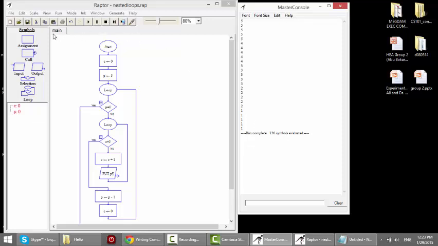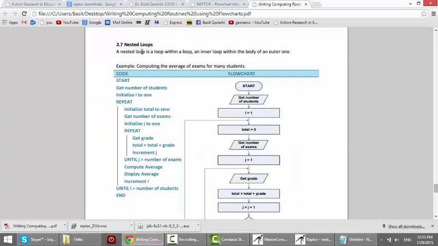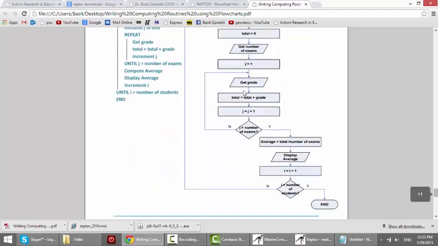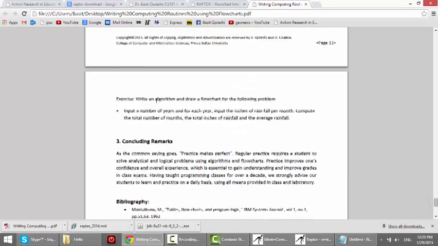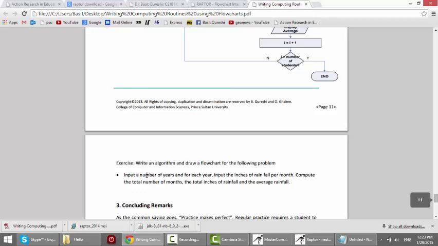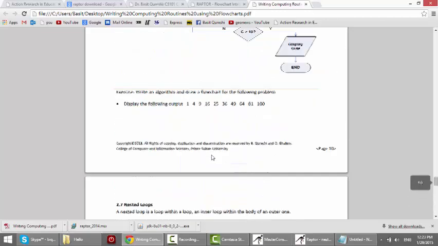Stop the program, save it, and we have learned how to work with nested loops. Now go ahead and look at the example given in the notes. Try to do this in Raptor for you to learn more. There are a few more exercises given over here. Go ahead and try them by yourselves, and I'm sure you're going to